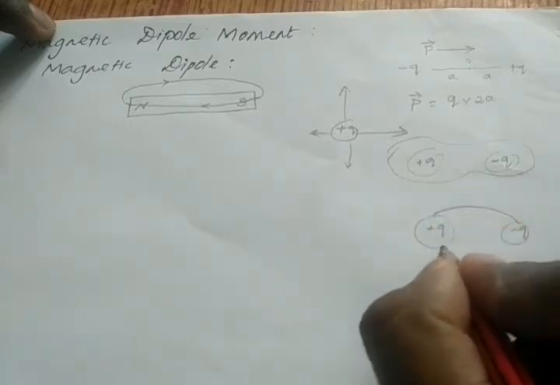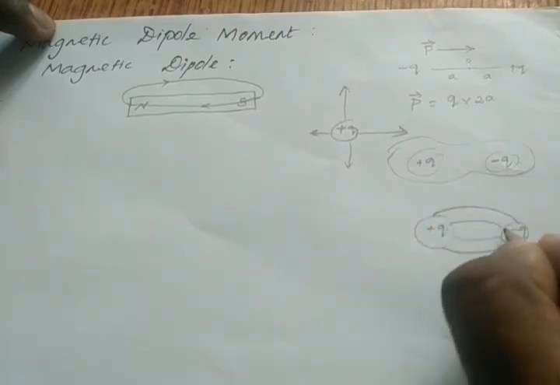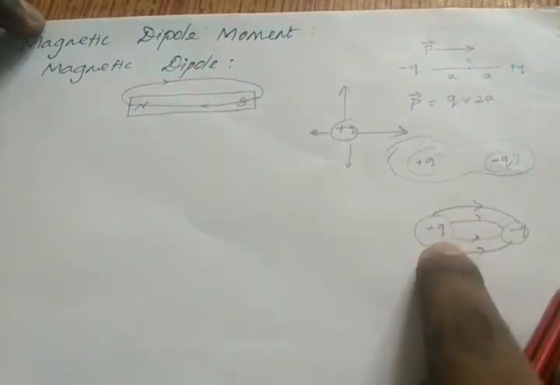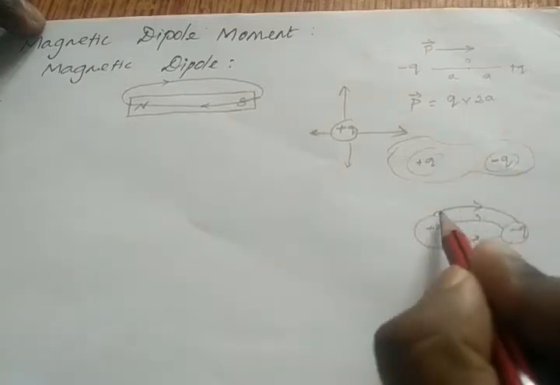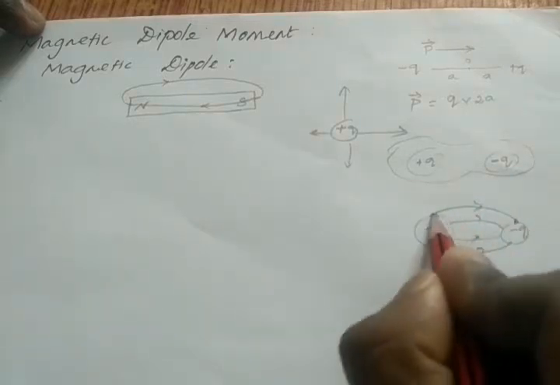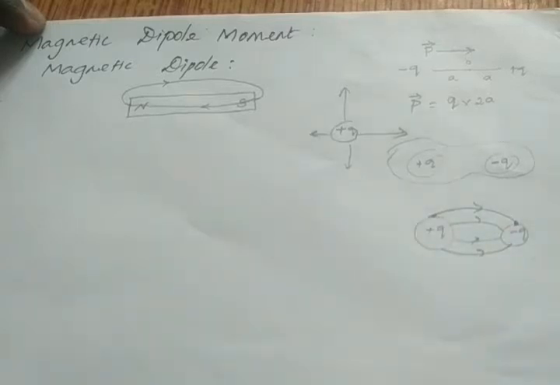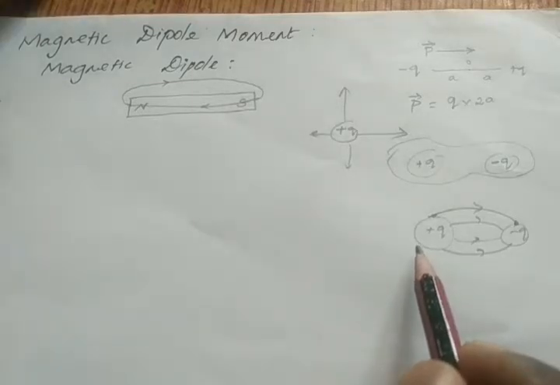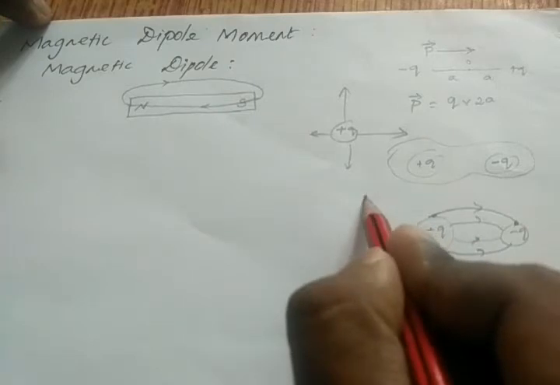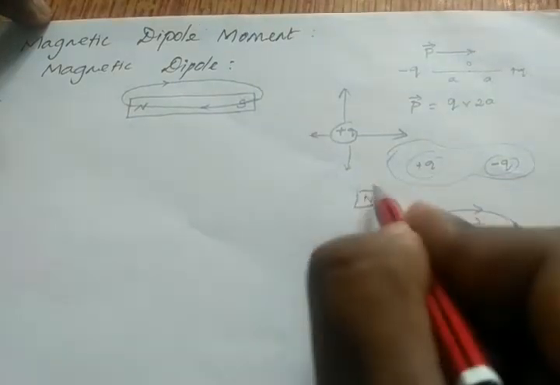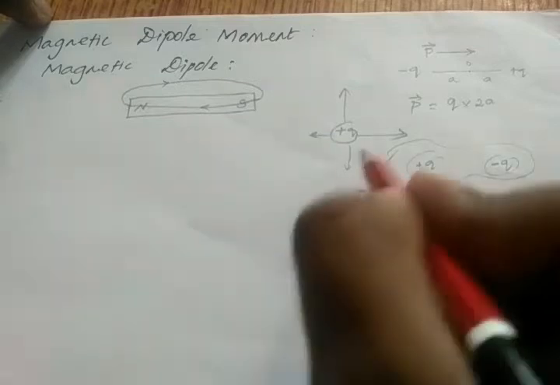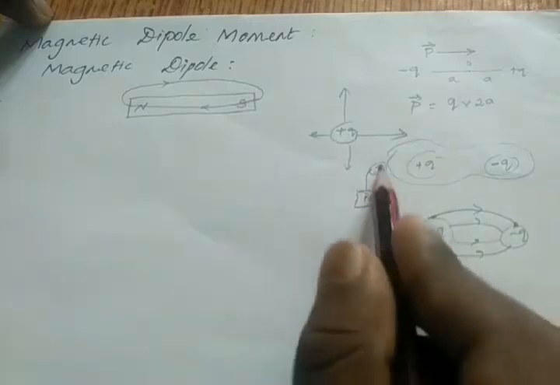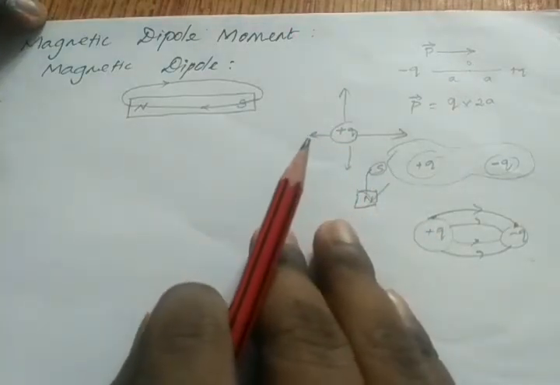If you see your NCERT book, the field lines will start like this. We already studied field lines. Do you think this forms a closed loop? No, this is an open loop. It starts here and ends here. Why? Because in electrostatics, mono charges exist in nature. But in magnetism, a monopole does not exist. If a magnetic field line starts from north, it should end at another south. So a monopole does not exist in magnetism.